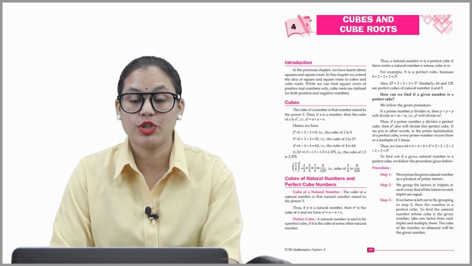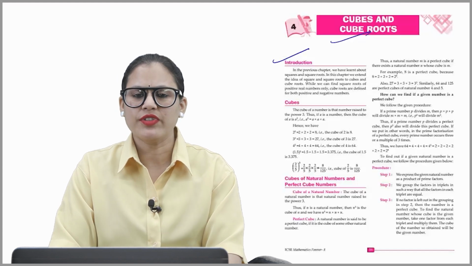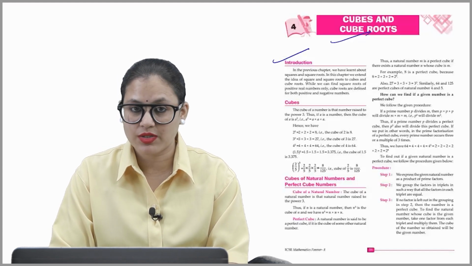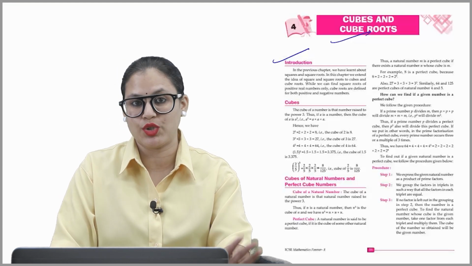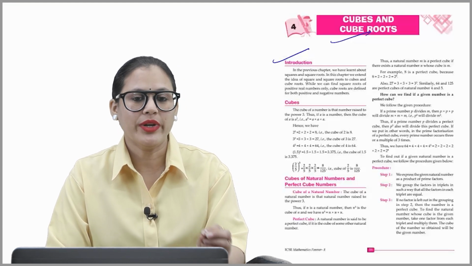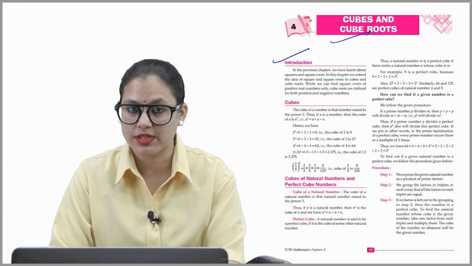Let's start today's chapter, cubes and cube roots. Introduction. In the previous chapter, we have learned about squares and square roots. In this chapter, we extend the idea of a square and square roots to cubes and cube roots. While we can find square roots of positive real numbers only, cube roots are defined for both positive and negative